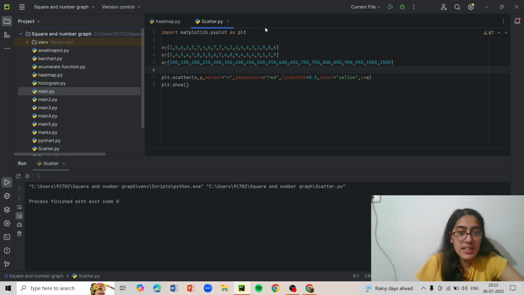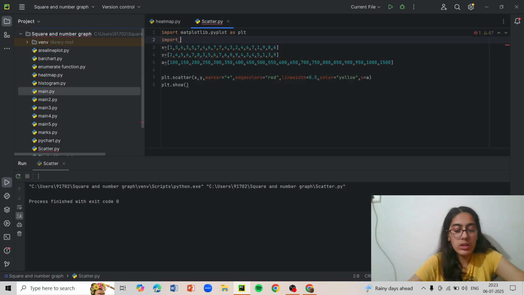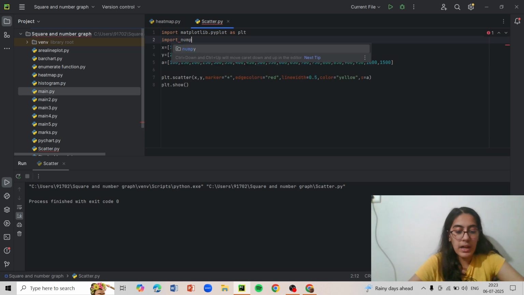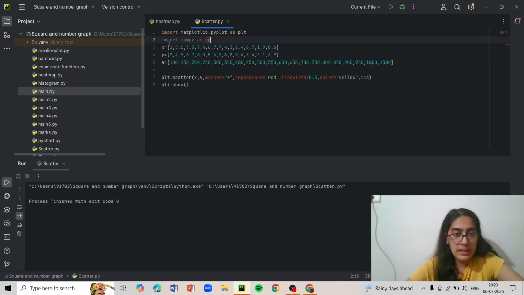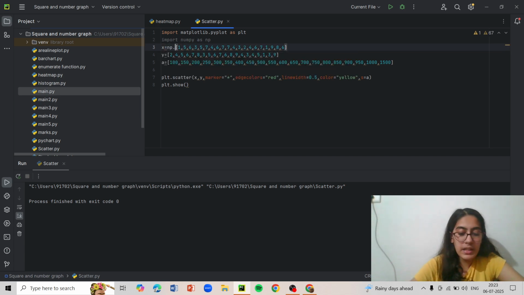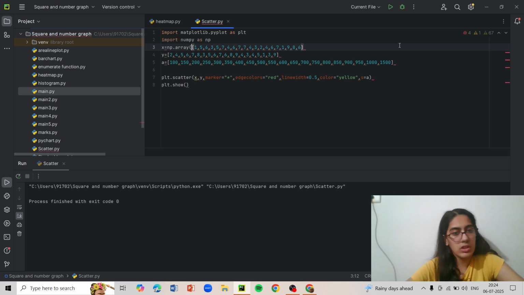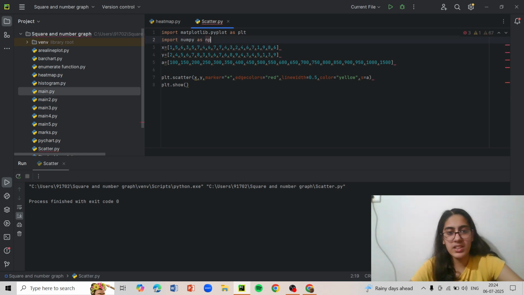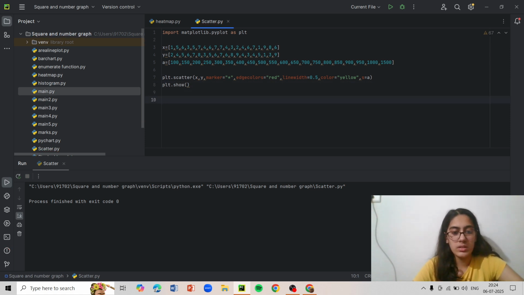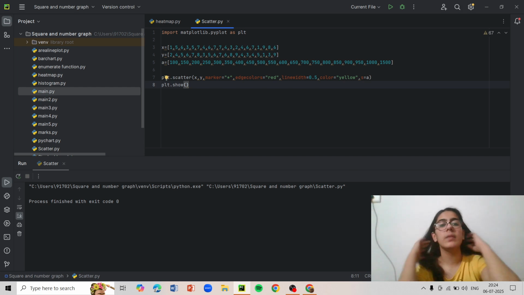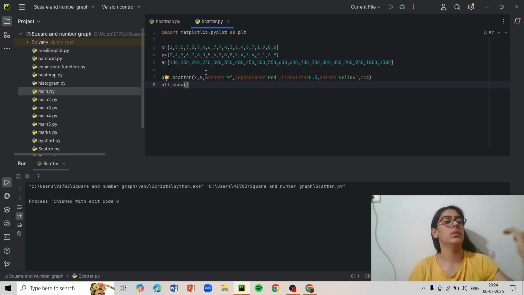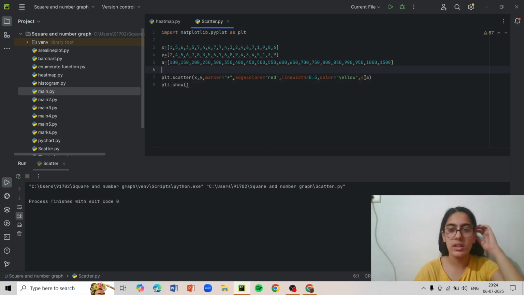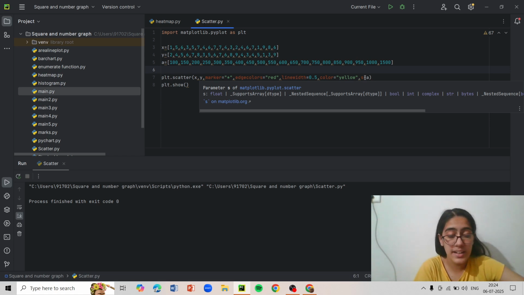Now here I have 3 variables in which there are lists. If I wanted to have arrays, I would write over here import numpy as np, and then np.array with brackets. But I don't want an array because it's just basically extra coding. So I have three variables, and then the seventh line is the most important line over here, which will take at least some time to understand and learn.